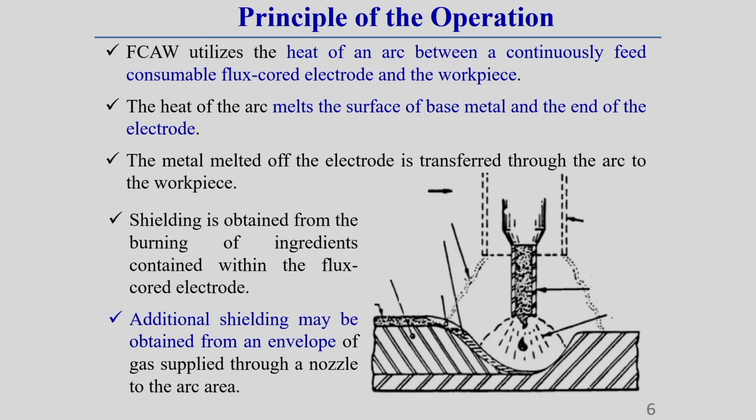Now, here I am just showing the principle of this operation, which I have already explained. The principle means how the heat is generated and how it works, that you should know. Heat is generated, generally, there is an electrode which is a consumable electrode. Instead of showing all the things, let this be a roller, it continuously rolls this